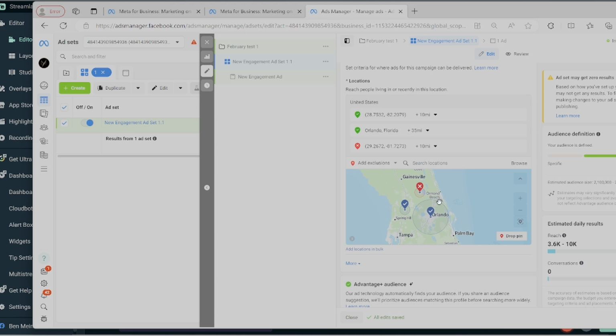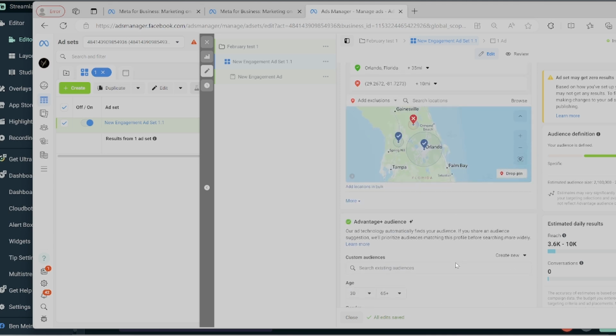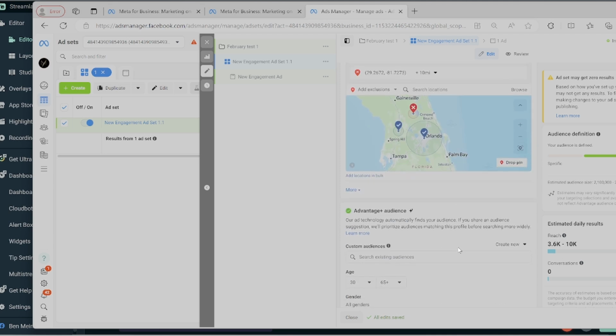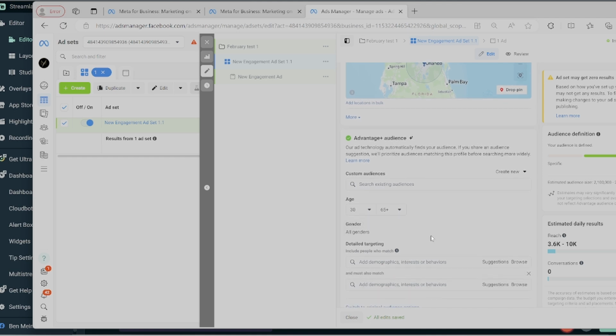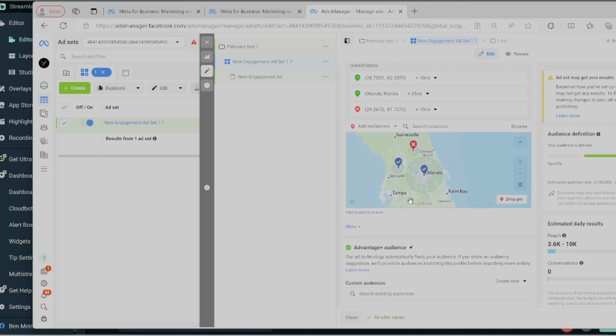So we actually used to have targeting options for people only living in a certain location, but unfortunately, for whatever reason, we're now only able to target by recently in or living in. I think it has something to do with the recent stuff in court and Congress about privacy and targeting with social media.